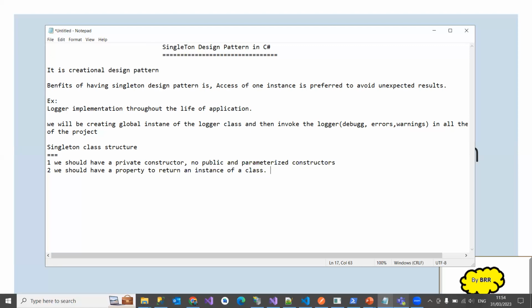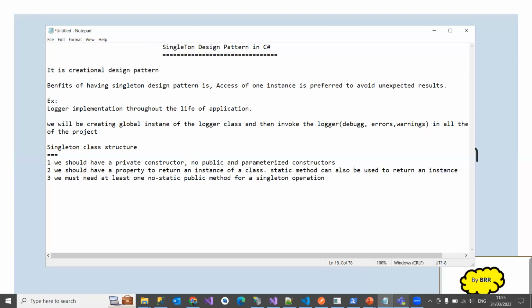And third, at least one non-static public method is required for a singleton operation. So we must have at least one non-static public method for a singleton